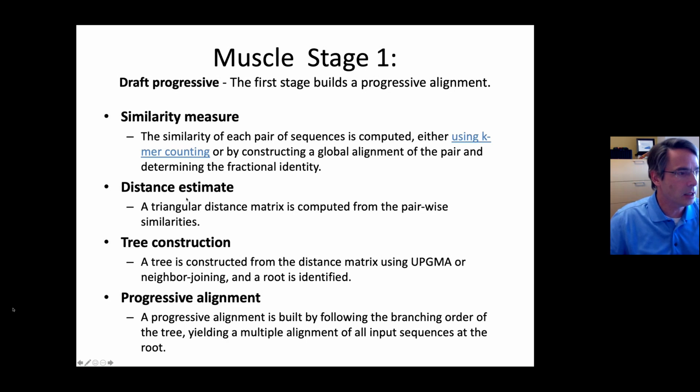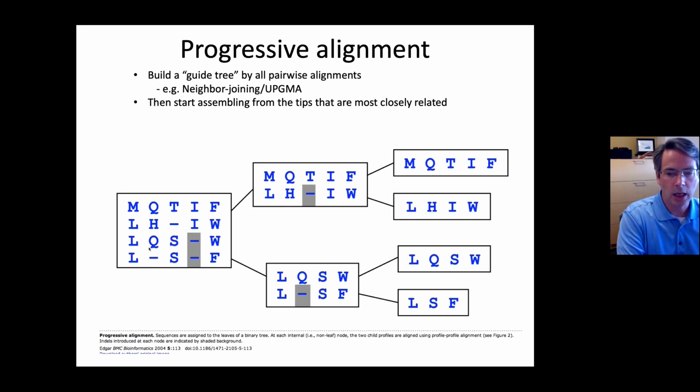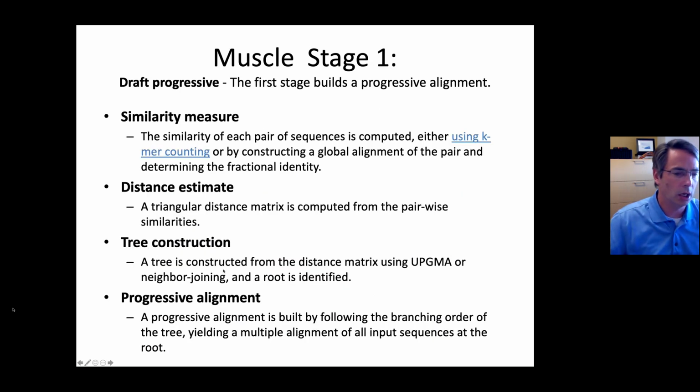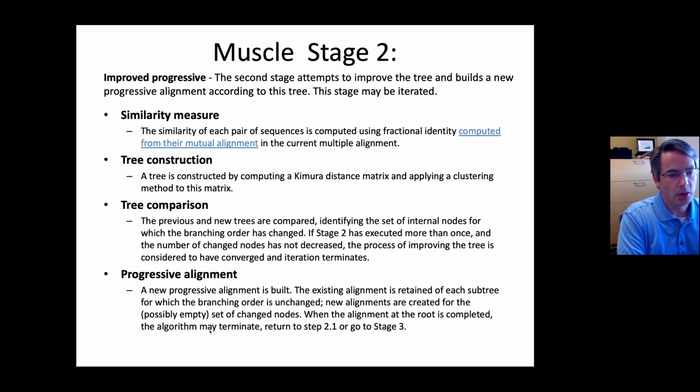And that distance matrix, now you've done that comparison for all your sequences, that establishes the sort of tree, right? This thing that tells you what order you're going to have to align those things together. Okay, so that's your tree, the tree construction, and then making your progressive alignment. Okay, so then the iterative and consistency parts of MUSCLE is that it takes a second